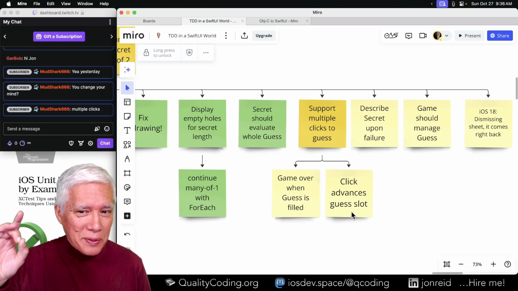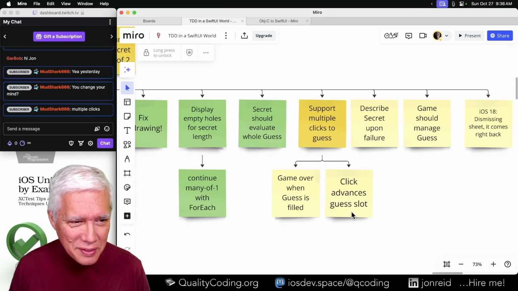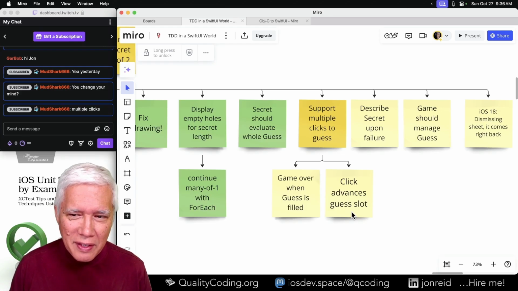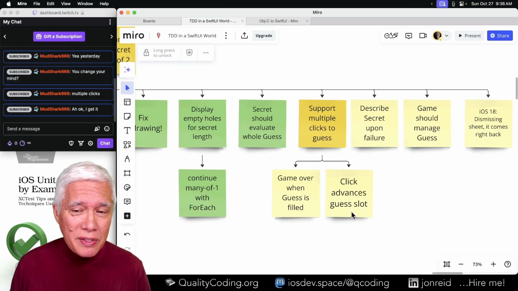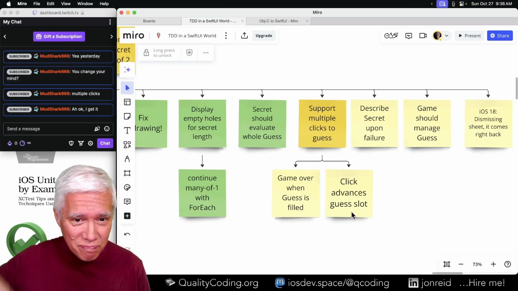Right now we have to do multiple clicks is how I interpret this, because we have multiple holes to fill. So that's all that means. I think the button to say I'm done guessing, I would like to submit this guess, will be next. That is after this story.